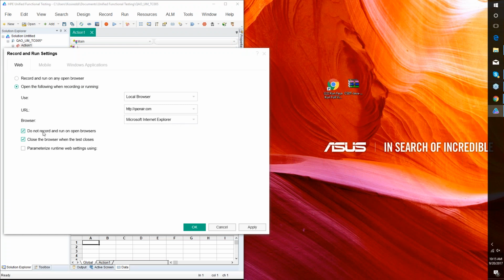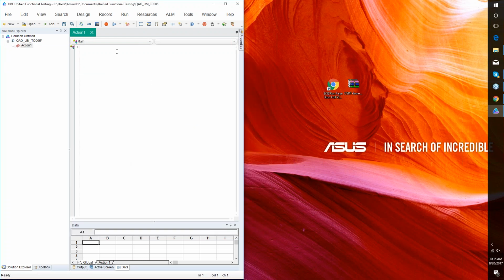And we'll also say do not record and run on open browsers. Close the browser when the test closes. That's fine. Keep it like that. Say apply, say OK. Now when I click on record,